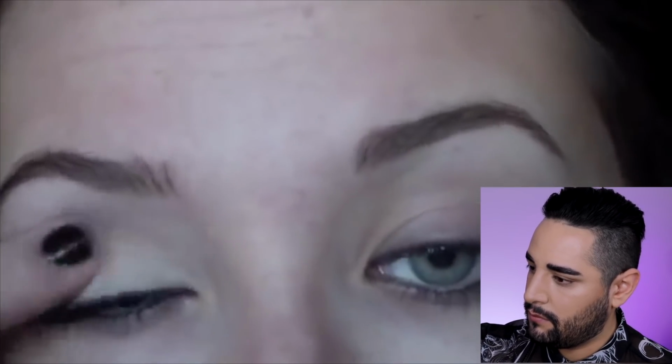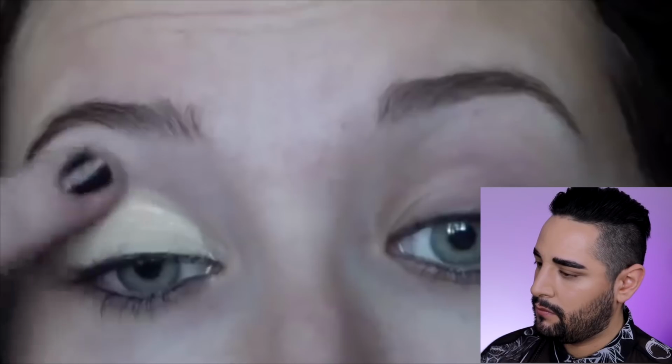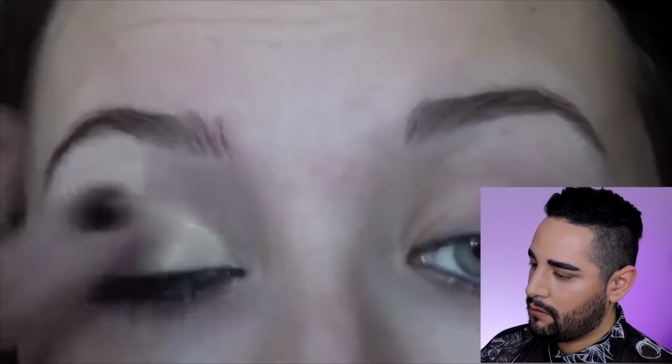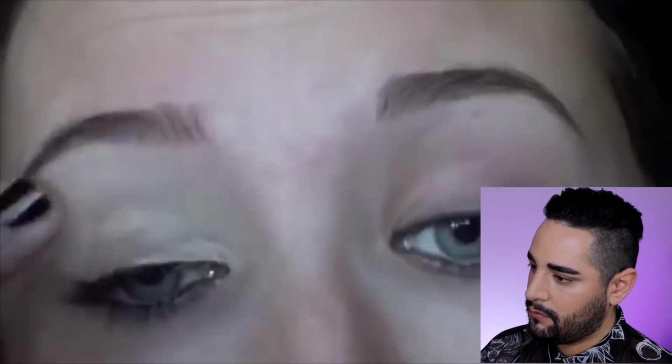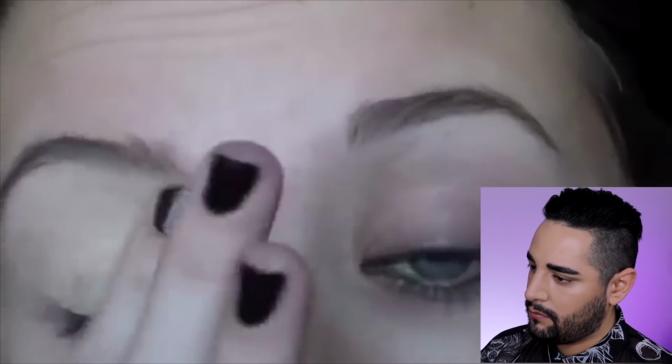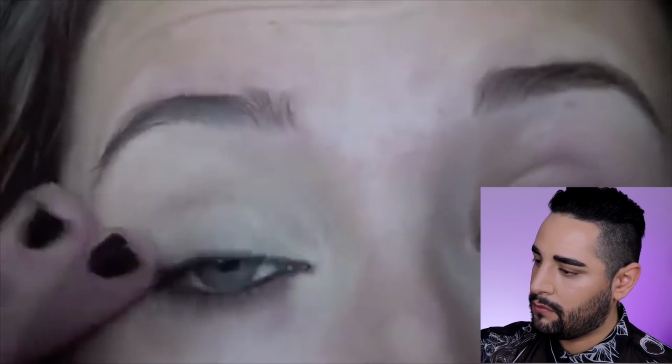Okay, so the first thing I'm doing is taking a concealer, and this is Select Cover Up by MAC Cosmetics, and it's a good shade lighter than the rest of my skin tone, and that's going to help with our highlighting and contouring purposes. I'm using my fingers to apply it because the warmth from my fingers is going to emulsify it and help blend it, and I'm going to actually take it up into...